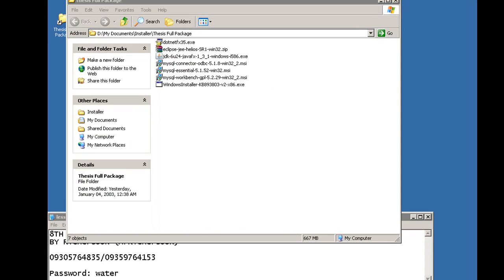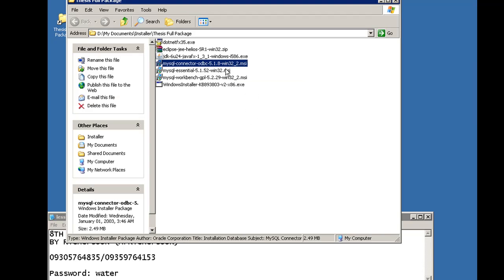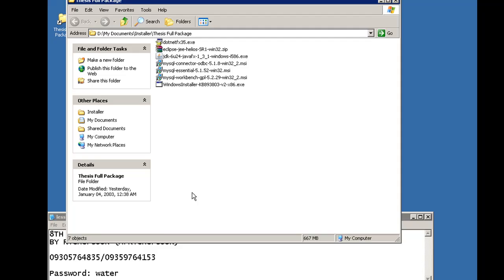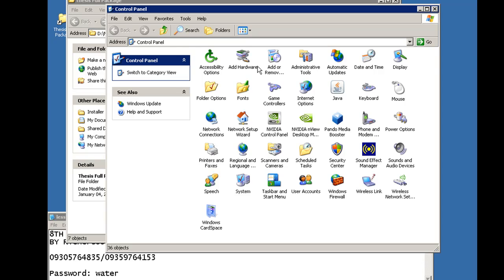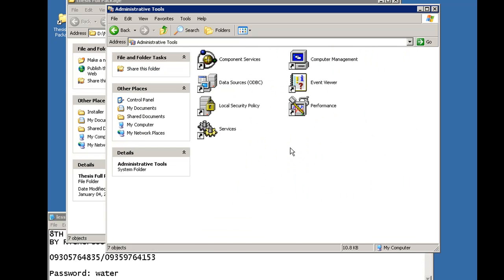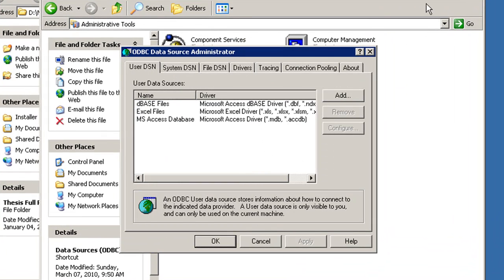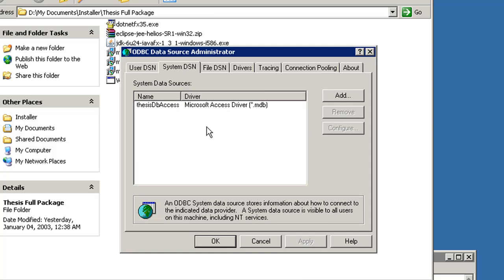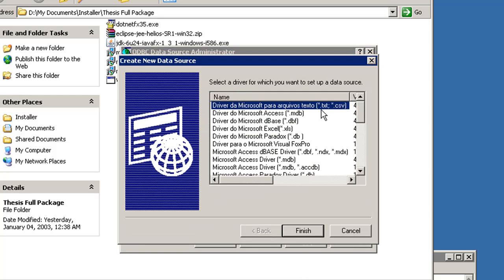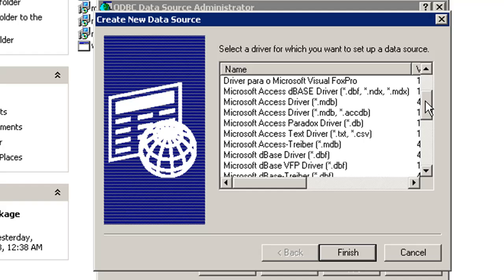First we look in our control panel to see if this is already installed. ODBC administrative tools, data source, ODBC. Okay, system DSN. Click add. Let's see if there is a data source for MySQL that we can create.